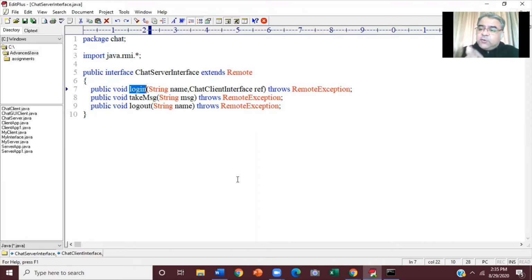After listening that I'm going to keep that client info object in a vector, do you feel something more should be done in that class client info? Yes, don't forget the most important thing that you should do in class client info: override equals method.